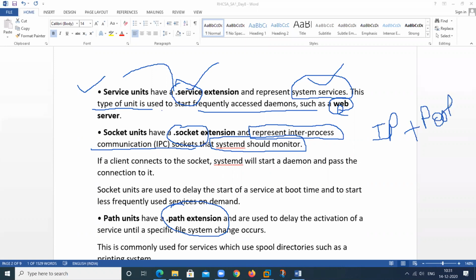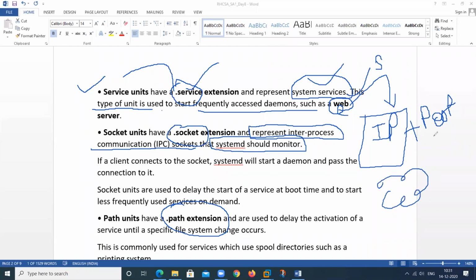What is the meaning of this? If we have a service, it should be controlled by an IP. We start the service, and what are the things that control it? Suppose this is my web server and here is a user who wants to access this particular web server, then what will we require?